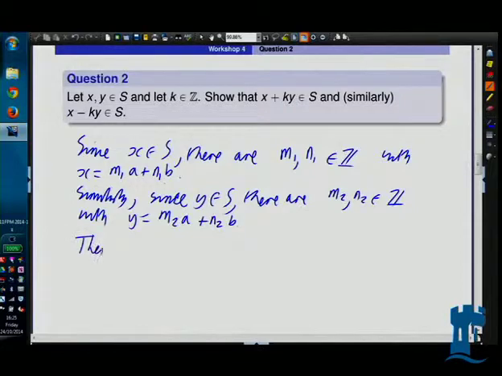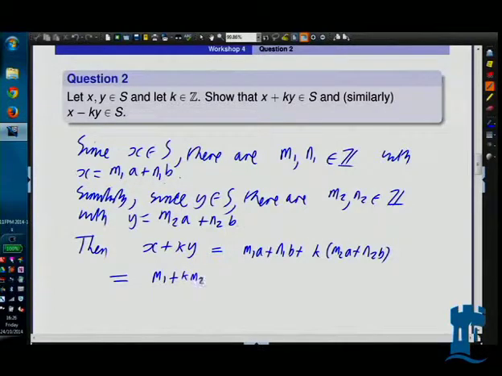Then x plus ky is equal to m1a plus n1b plus k times m2a plus n2b, which you regroup as a multiple of a plus a multiple of b. So it's m1 plus k m2 times a plus n1 plus k n2 times b,